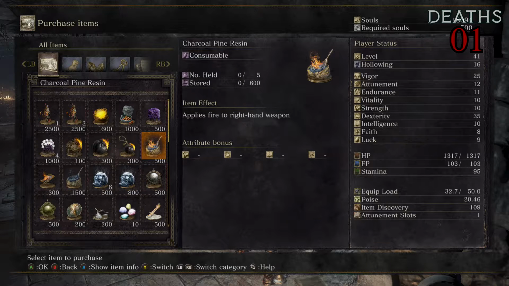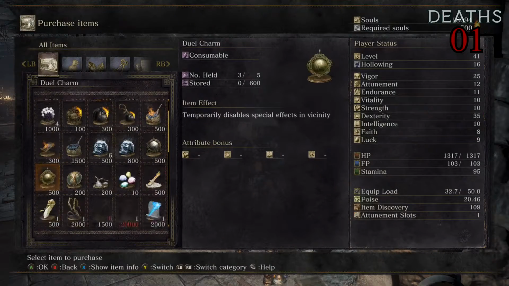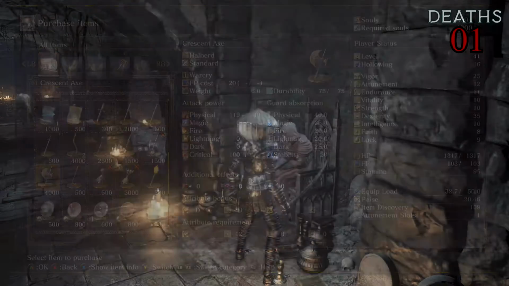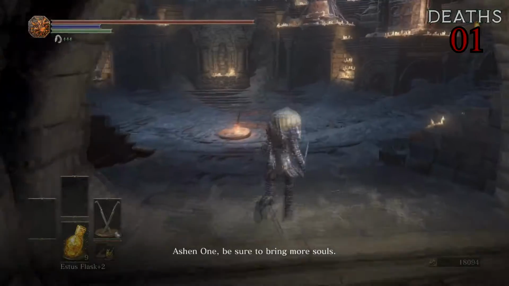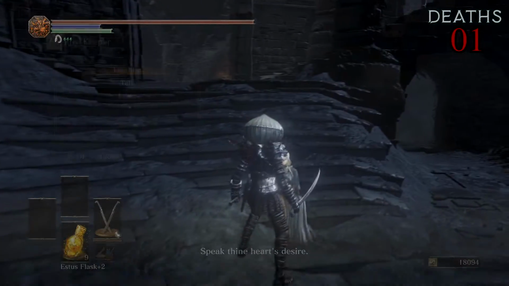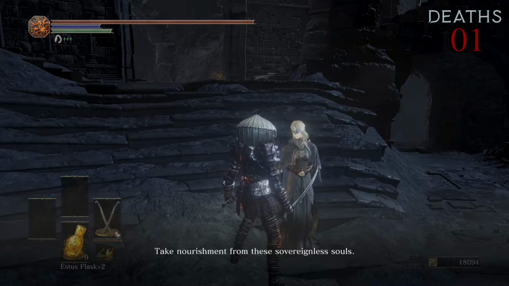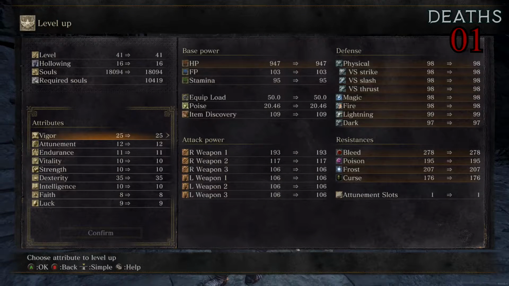Could buy some resin, but I won't. Wait, does she sell? No, whatever. Okay, whatever. So we're going to level up, and then we're going to head over to the Road of Sacrifices again, so that we can head to Farron Keep. Because I don't see any reason why we should not be able to...